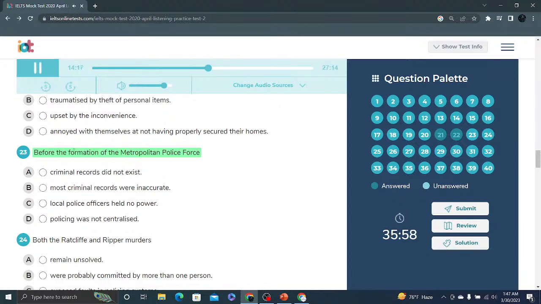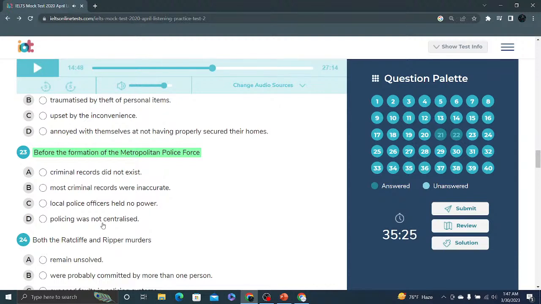Has been severely compromised. But public hysteria broke out too, didn't it? Because there was a feeling that public safety was under threat. It was felt that the localised police forces at the time were inadequate. Very true. The police force at the time had limited power. They could enforce the rulings of a local magistrate for the county, but they had one huge disadvantage. There was no communication between county police forces, was there? Yes. Details of crimes committed within a county were not shared.